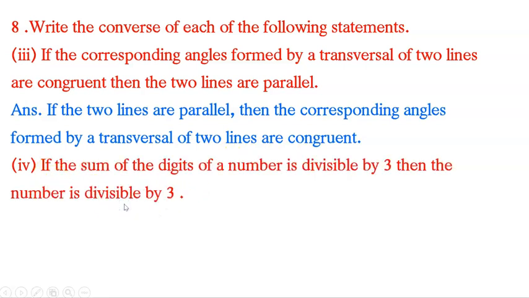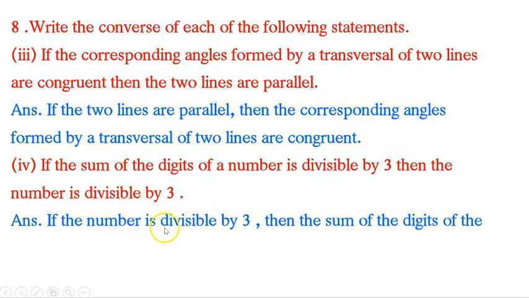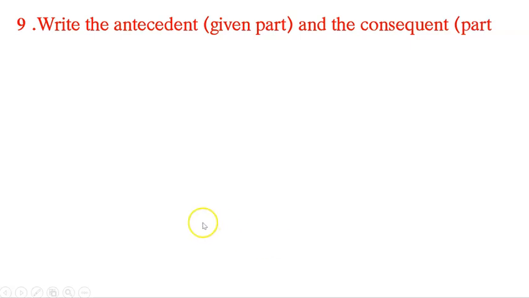If the sum of the digits of a number is divisible by 3, then the number is divisible by 3. Again here, if the number is divisible by 3, then the sum of the digits of the number is also divisible by 3. Now the next,